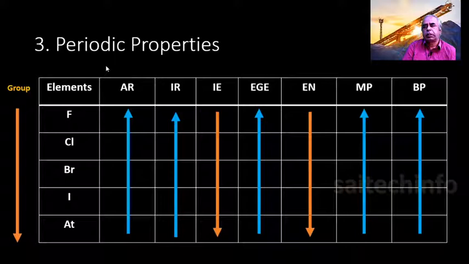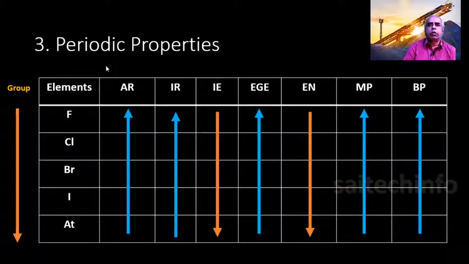Next, the electronic configuration of the inert gases, the rare gases, has an octet. But the halogens have ns2 np5. That is 7 electrons, which is 8 electrons minus 1 electron. So it badly needs 1 electron, and that's why it is highly electronegative. It can just take 1 electron and get the octet configuration instead of losing all 7 electrons. That is why the valency is also 1 in this case.